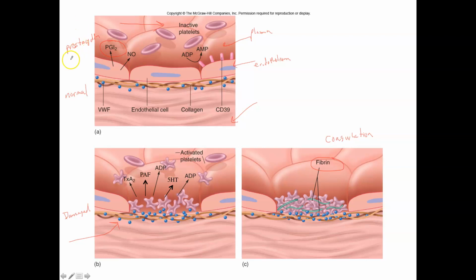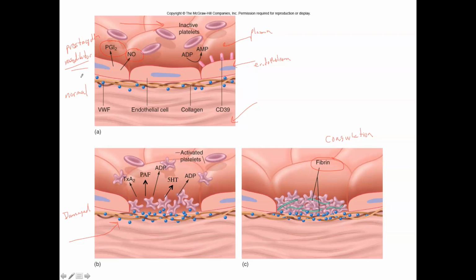Prostacyclin can also act as a vasodilator. And so vasodilation is going to help to keep the vessel open and allow for the plasma and formed elements to flow freely through the vessel. You also have nitric oxide that's being produced by the endothelial cells, and nitric oxide is also a vasodilator. So prostacyclin and nitric oxide are, again, keeping the vessel dilated so that the plasma and the formed elements can